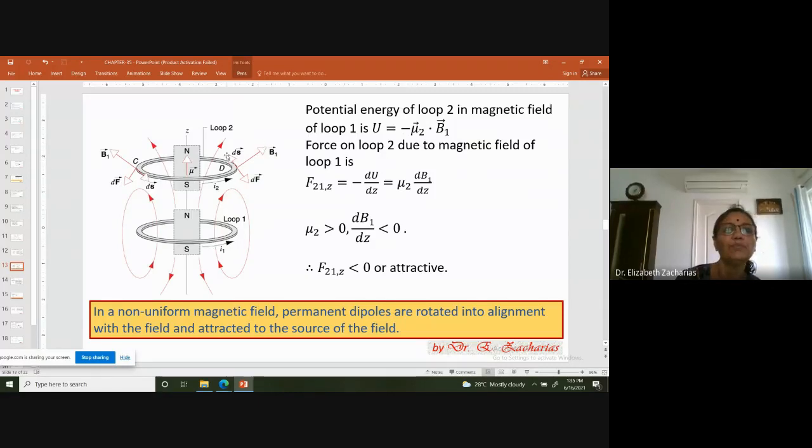Into this magnetic field, you put a loop 2 so that it is oriented parallel to loop 1. There are currents I1 and I2 which are parallel. And when you move loop 1 towards loop 2, obviously the magnetic flux through loop 2 is increasing. Therefore, according to Faraday's and Lenz's law,